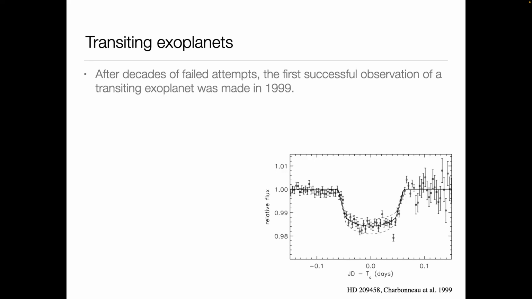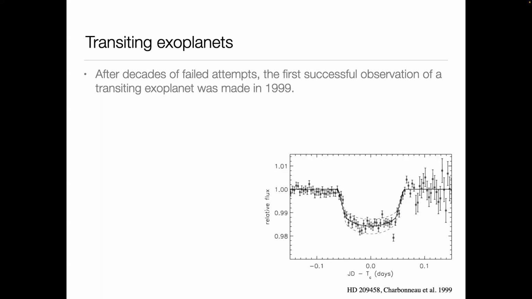But then a few years later, back in 1992, the very first so-called radial velocity detection was achieved. 1995 was the first paper for a planet around a sun-like star to be discovered, or at least confirmed. There were other candidates before that, but the very first confirmed exoplanet that came out of the radial velocity method was in 1995. And then they started using the radial velocity detected exoplanets as targets for such surveys.